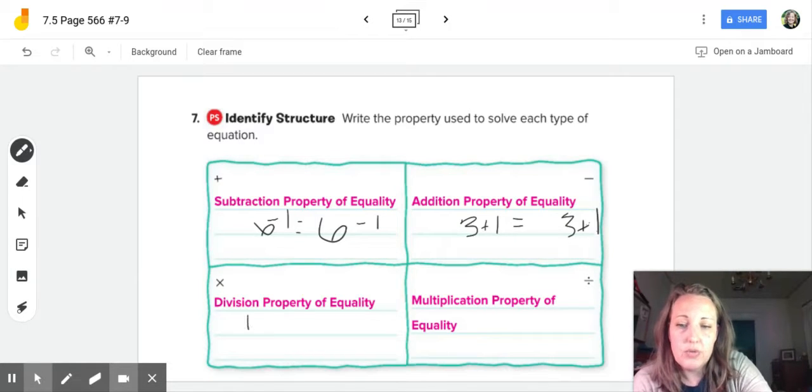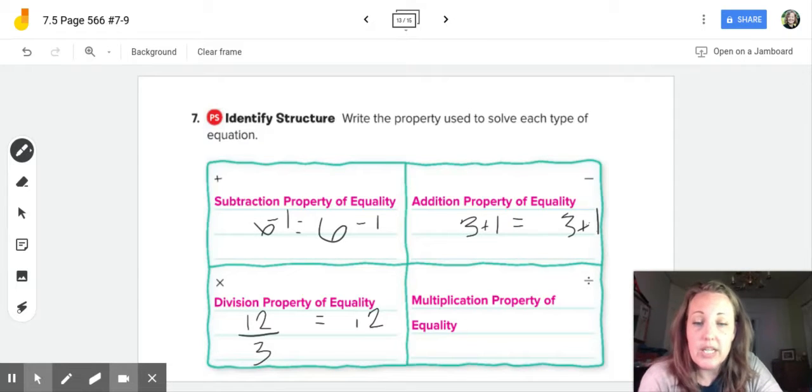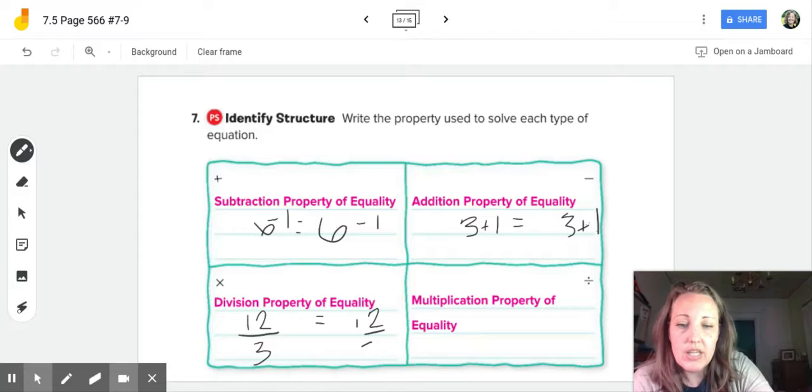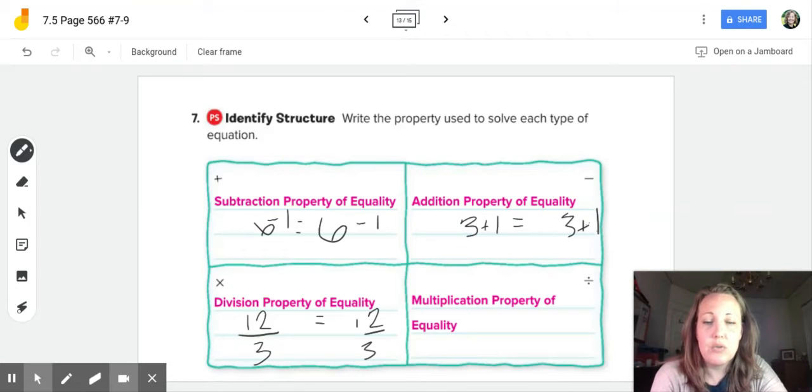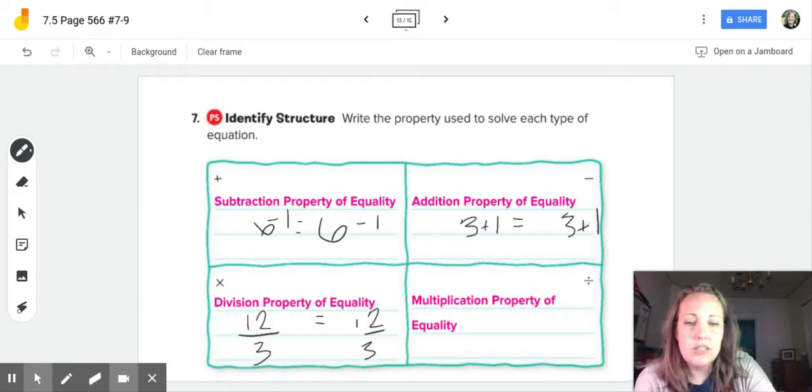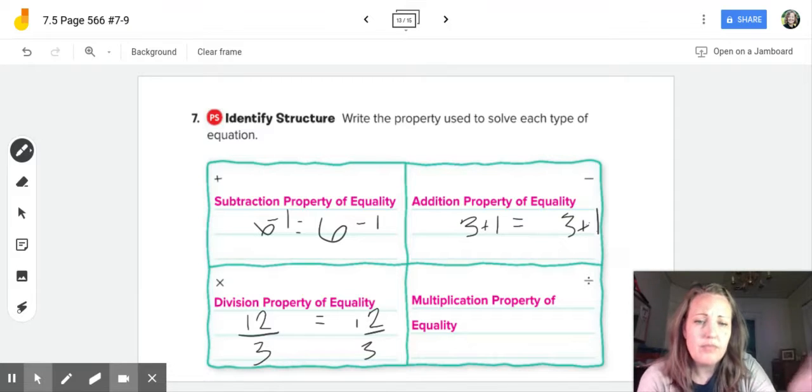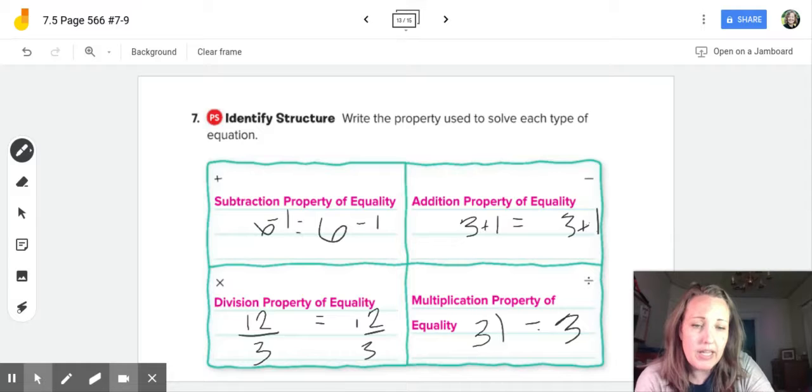So if I say 12 is equal to 12, that's fine. If on one side I say 12 divided by 3, that's 4, right? So I have to do the same thing on the other side in order to maintain equality. Multiplication is the same deal. If I multiply by something on one side, let's say 3 is equal to 3, and on this side I'm going to multiply by 2,